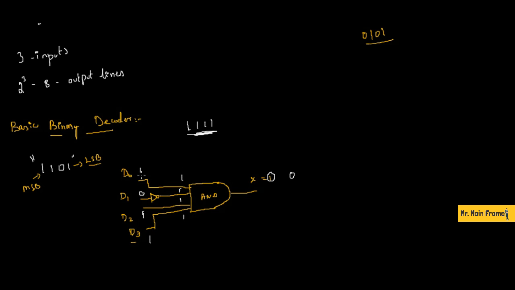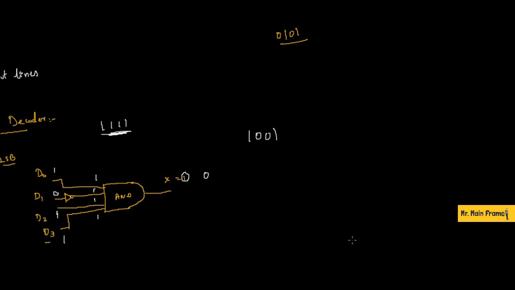So this specific circuit design will be used to test if there is the presence of this binary bit combination 1101, right? You can also check the presence of this binary bit 1001 using this specific circuit combination, and